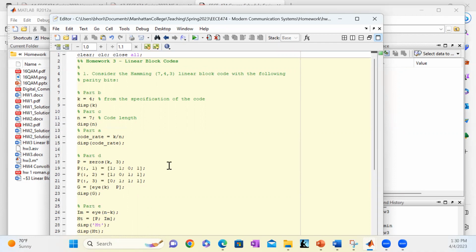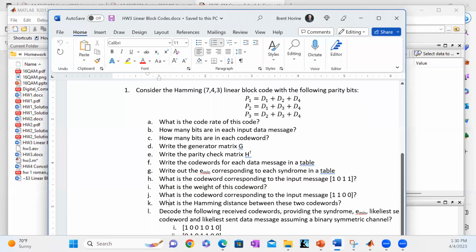So we're given this Hamming code that we talked about in class with these parity equations. These are the ones that are commonly associated with this Hamming 7,4,3 code. So what's the code rate of this code? Well, really, you probably want to do B and C first in order to get this code rate, but